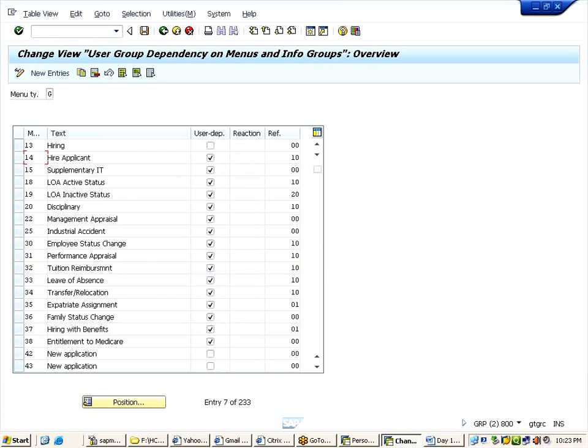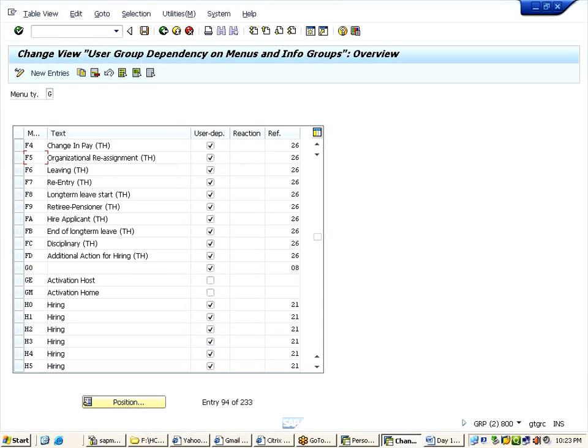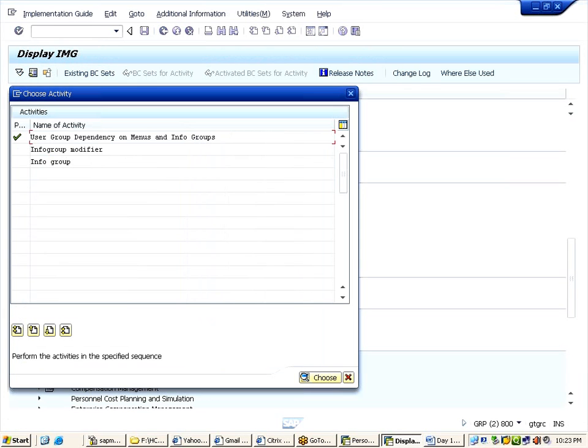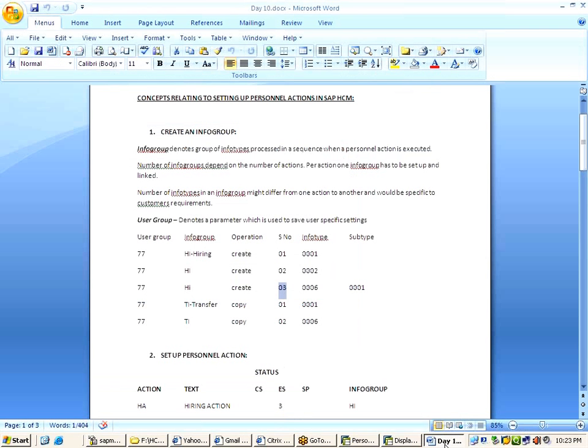Now you need to go to the third option, guys, info group. Why? Because yesterday we learned that for our info group, we created a few info types. This is what I am going to do in the next step. See, I will go to this.